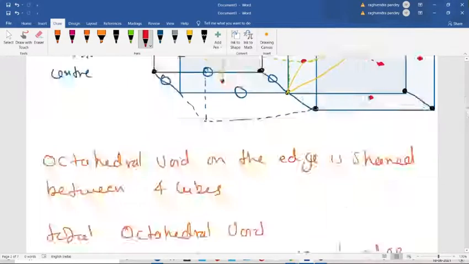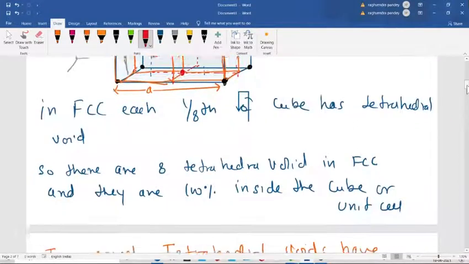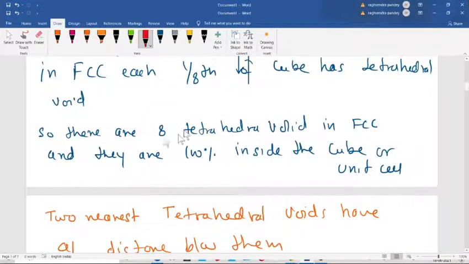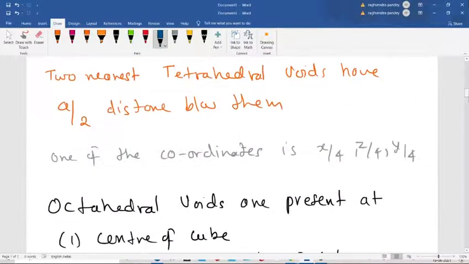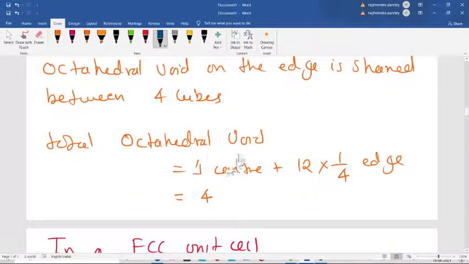I told you that earlier also. There are 8 tetrahedral voids in one FCC, and they are 100% inside the cube. And the total octahedral voids are 4 inside the one FCC.